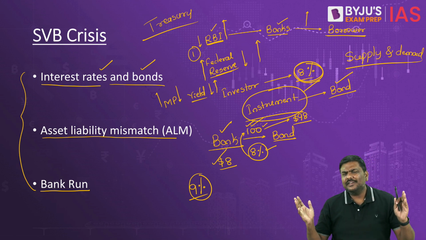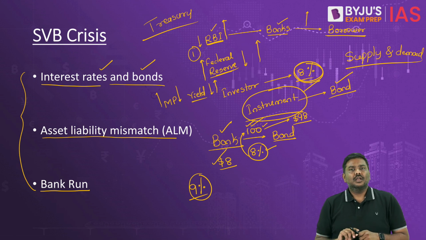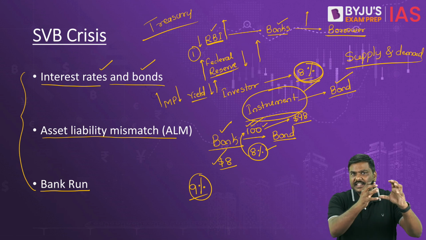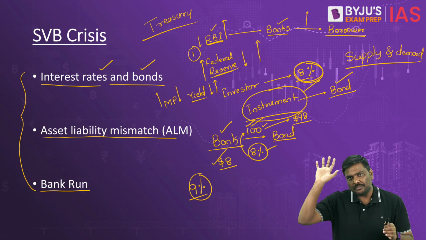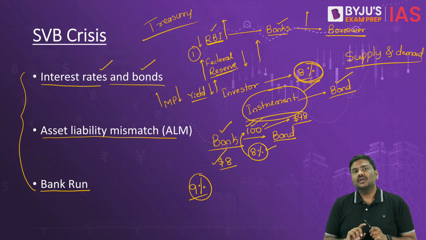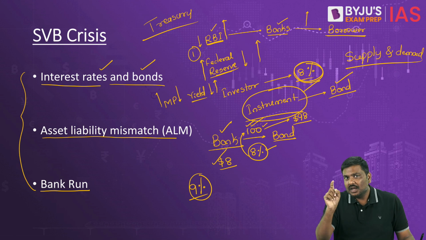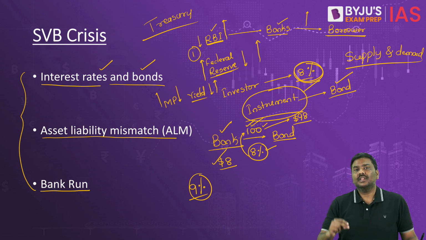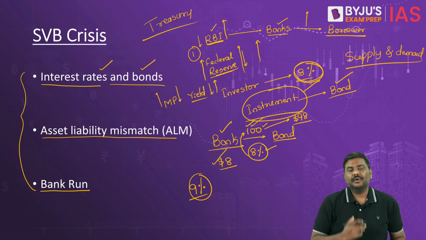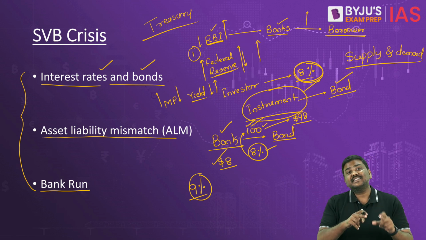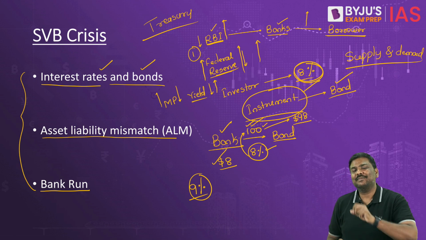Now some of you might be thinking, sir, why is all of this needed? Simple. The bank which has collected a lot of deposits has invested, let's say, in government bonds. Understand this carefully. A bank has collected a lot of deposits, has used the deposits to invest in government bonds. Now tell me, if interest rates in the market go up and the bank sells the bond in the market, do you think the bank will get more money or less money?